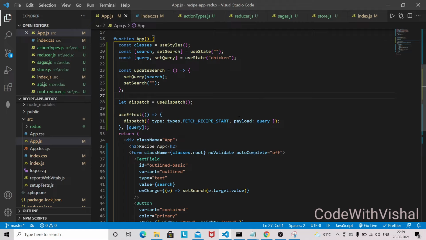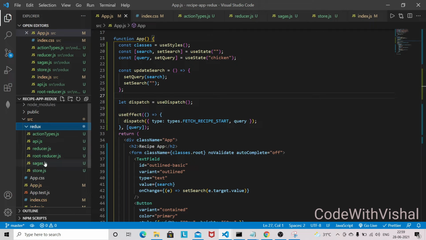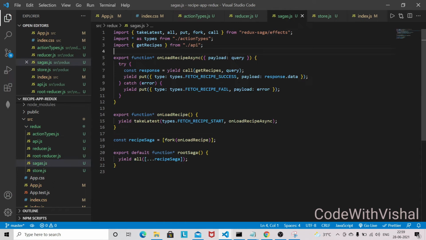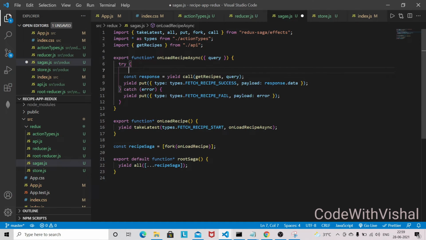Either you can do it this way as well, so you can directly pass the query. And if you are doing it this way, then you have to adjust here as well. So query, and let's also put a console log here.